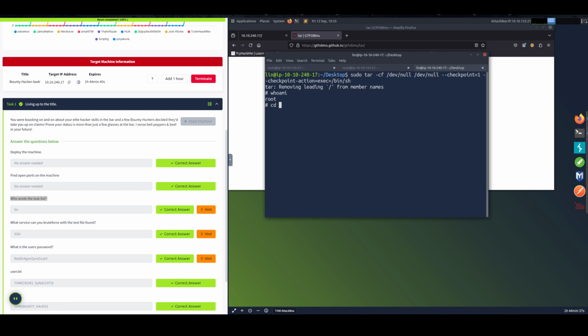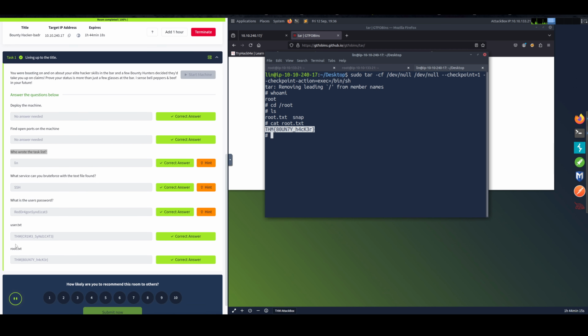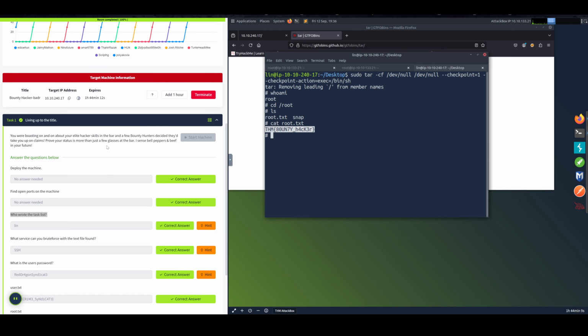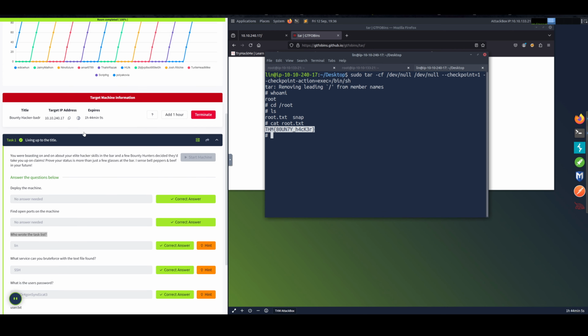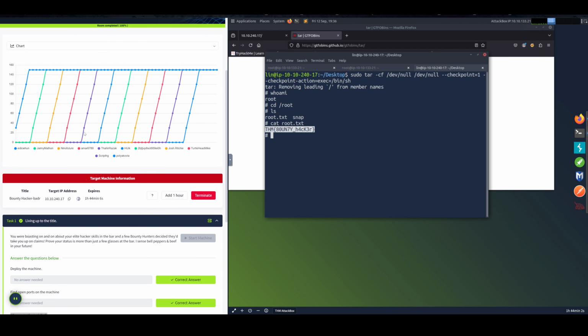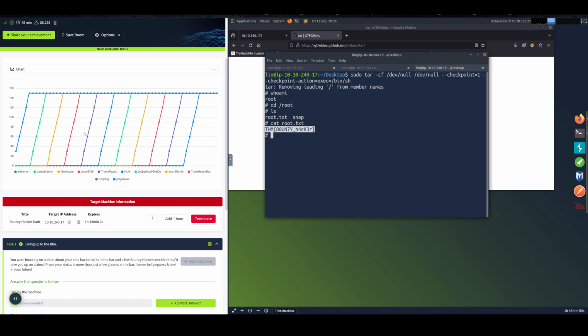Now let's look in the root directory for the root.txt file. Cat it, root.txt. We have solved this room. As you can see, this is the root flag, and you can submit it here, and this will finish this CTF. It's an easy one, and it has a very direct pathway from normal user to root user, and actually